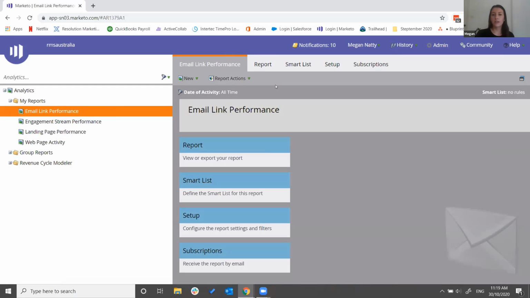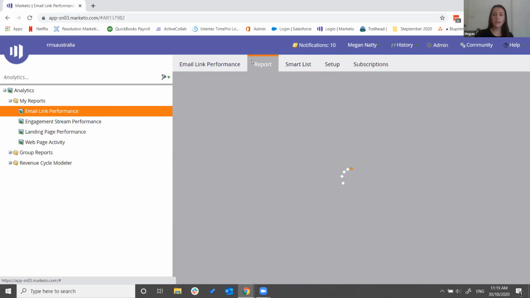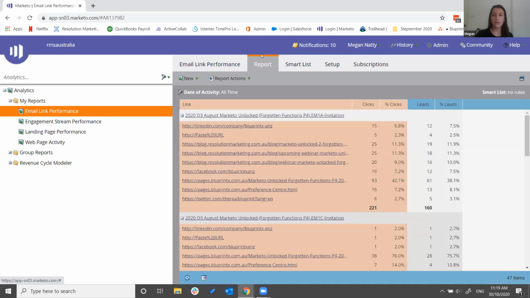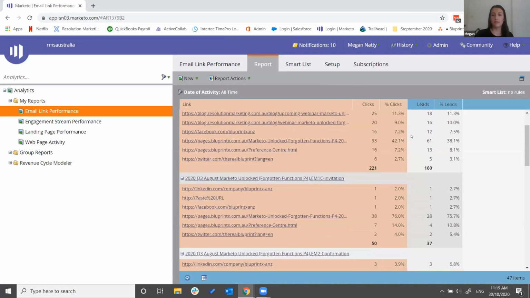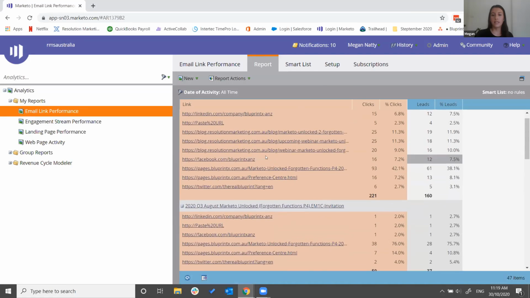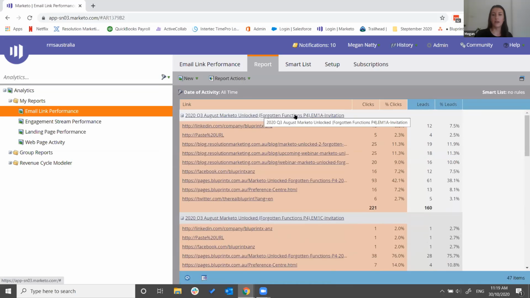emails. So when we click on this and look at the email link performance report, we can see that there's not much that's different, if anything, compared to the email performance report. So again, we have this general layout, but when we go into the report section here, this is where it does start to look a little different. Here we have all of the links that are within the emails that we've selected in our setup